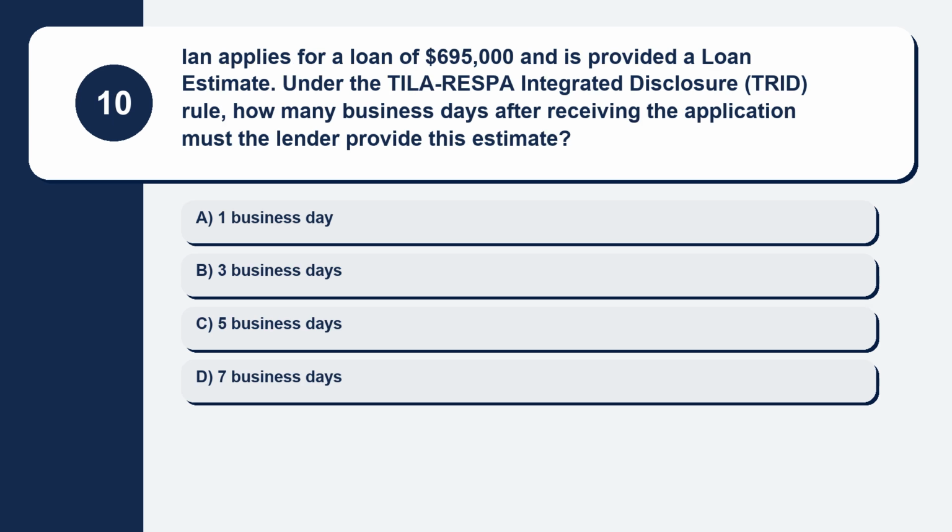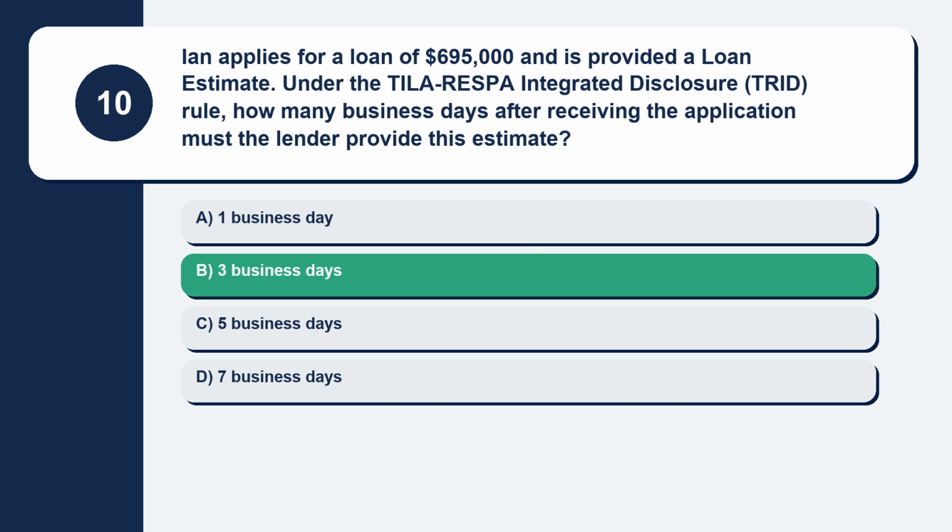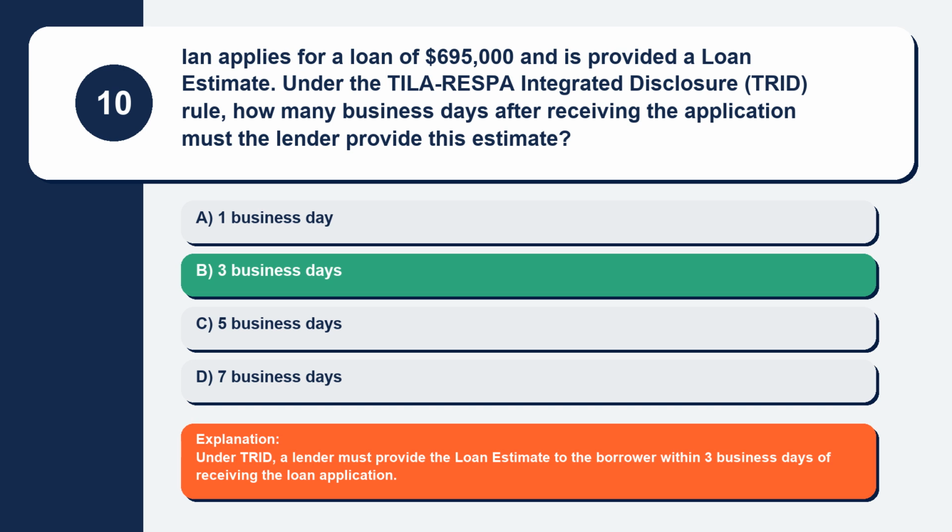Question 10. Ian applies for a loan of $695,000 and is provided a loan estimate. Under the TILA-RESPA Integrated Disclosure (TRID) rule, how many business days after receiving the application must the lender provide this estimate? Here are your options. Option A, 1 business day. Option B, 3 business days. Option C, 5 business days. Option D, 7 business days. The correct answer is option B, 3 business days. Explanation: under TRID, a lender must provide the loan estimate to the borrower within 3 business days of receiving the